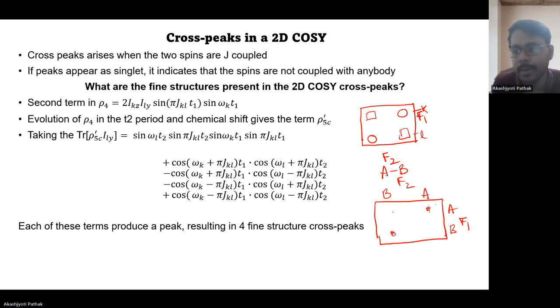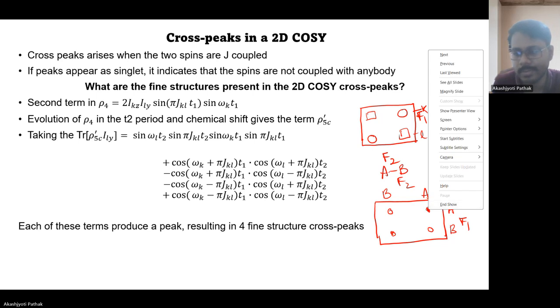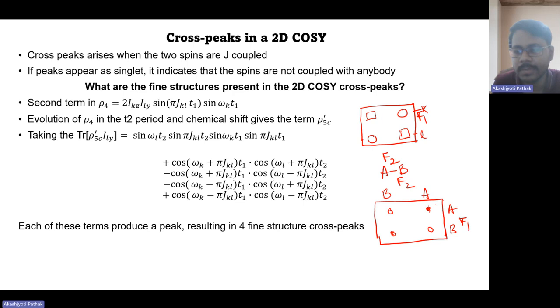But now we are seeing that in this AB coupled system, the A spin is coupled to the B spin. So other than this peak, since the A spin is coupled to the B spin, we will obtain another peak. And similarly, the B spin is also coupled to the A spin, so we will get another peak. These are called the cross peaks. So if I shade these,